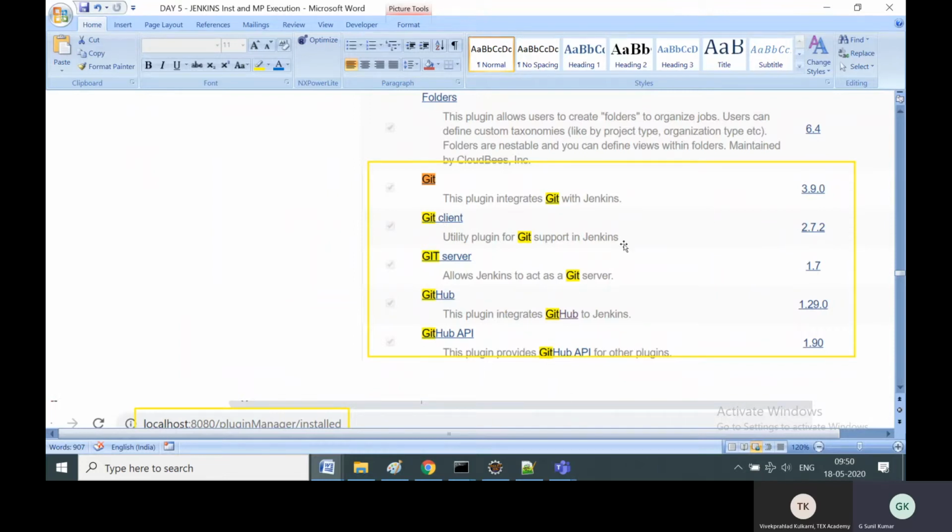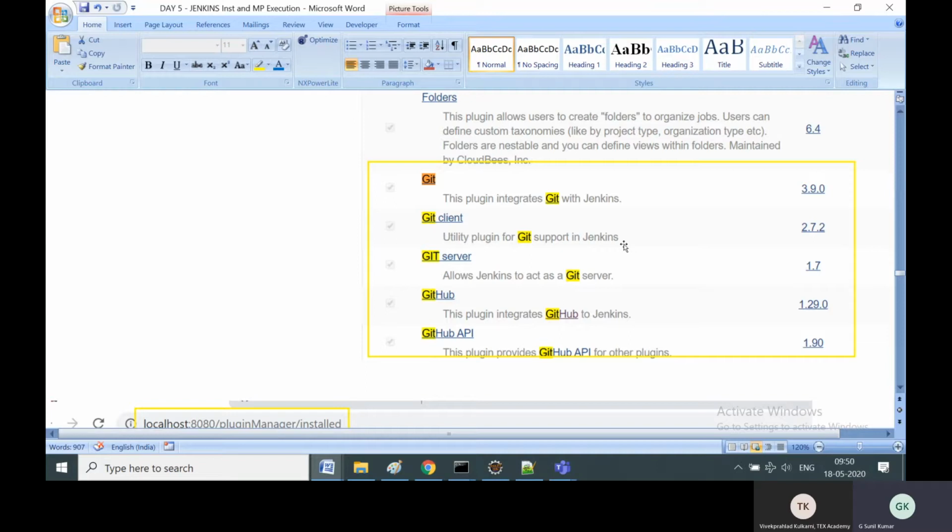Why? Because in our project we are going to read from the GitHub repository. If you are going to use any other repository, you have to install that plugin. Otherwise, Jenkins can't fetch the project code from that particular repository.